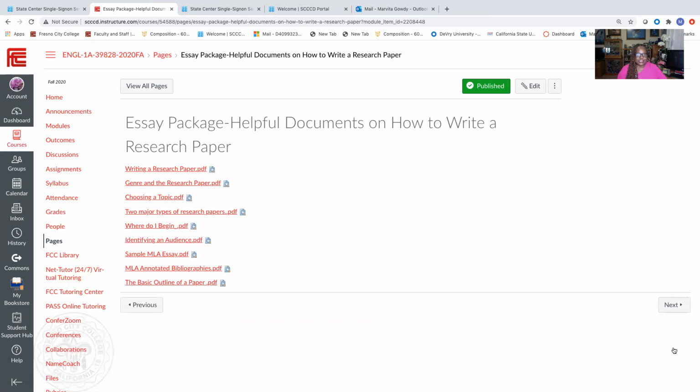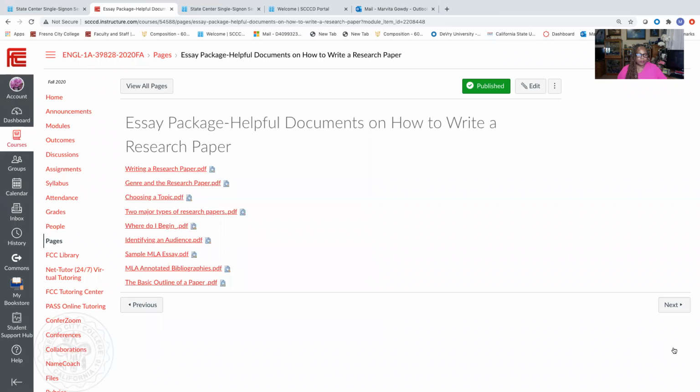And this is an essay package. These are helpful documents on how to write a research paper. They give you a little advice about writing a research paper, genre, choosing a topic, two major types of research papers, where to begin, and identifying an audience.